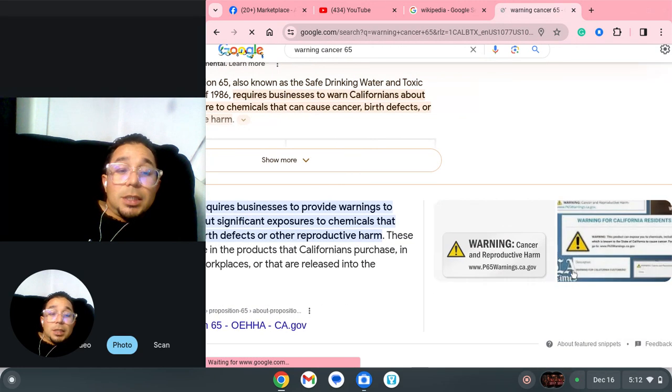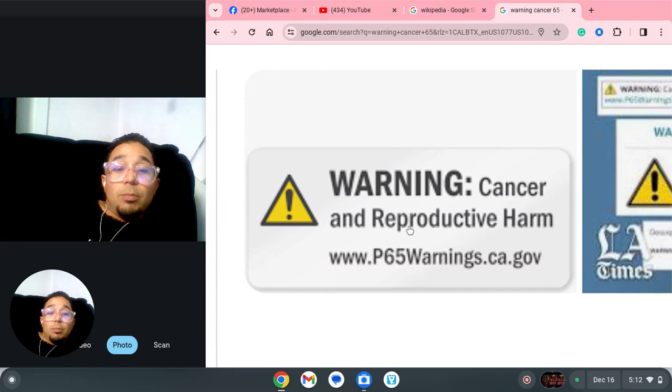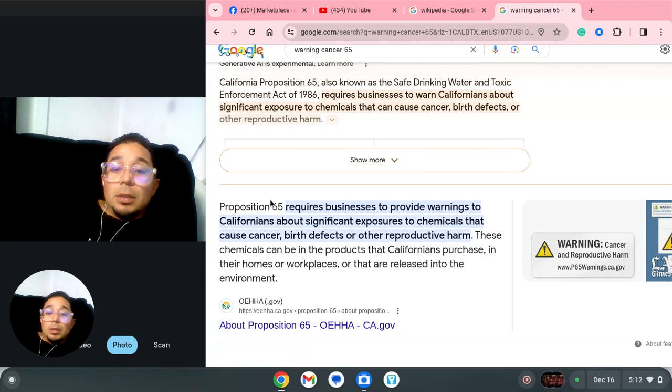So it says this is the sign here. It says cancer and reproductive harm. P65warnings.california.gov. Proposition 65 requires businesses to provide warnings to Californians about significant exposures to chemicals that cause cancer, birth defects, or other reproductive harm. These chemicals can be in the products that Californians purchase in their homes or workplaces, or that are released into the environment. Now,